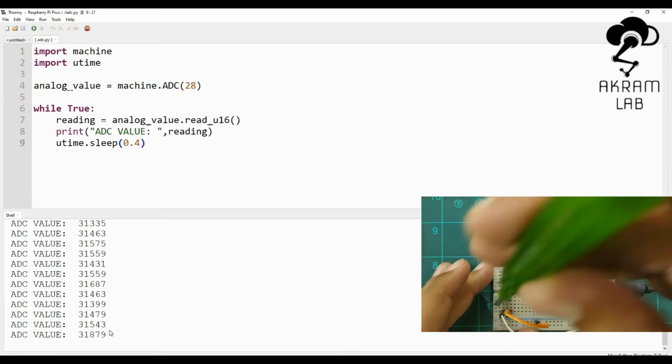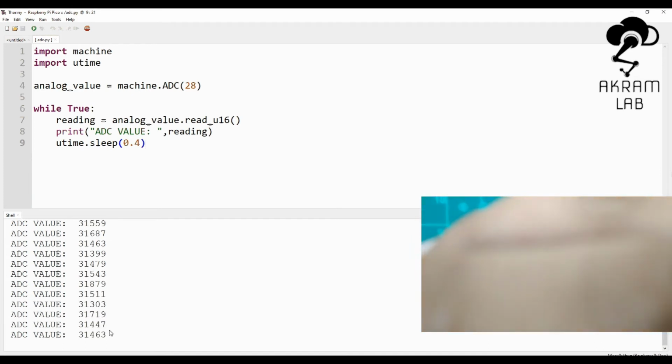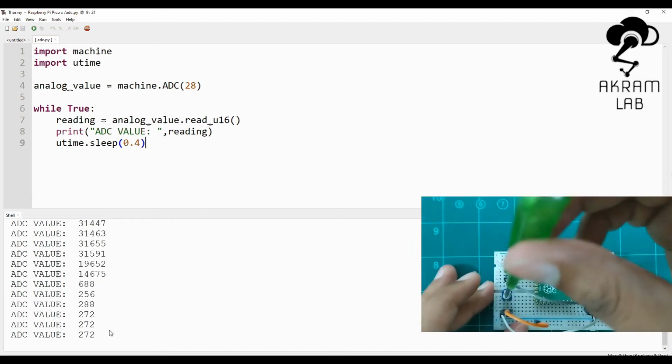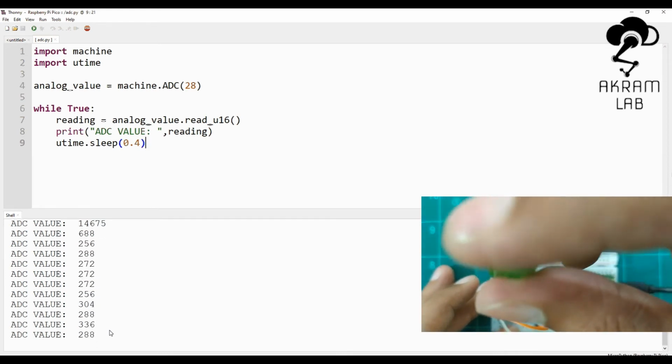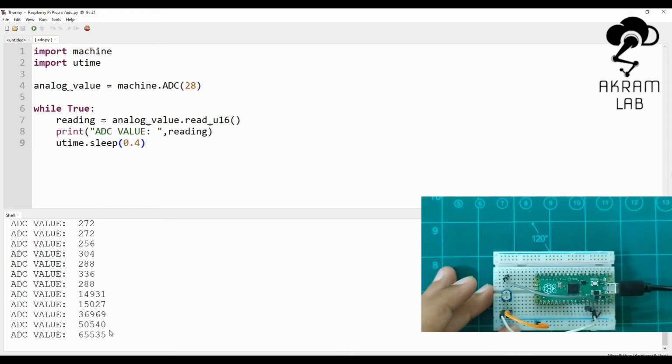Let me tune this potentiometer more, and now you can see that the minimum value is 272 and the maximum value here is 65,535, which is equivalent to a 16-bit ADC. I actually don't know the reason behind this, because this Raspberry Pi Pico only has a 12-bit ADC. If you know the reason, please mention it in the comment section and let me know.